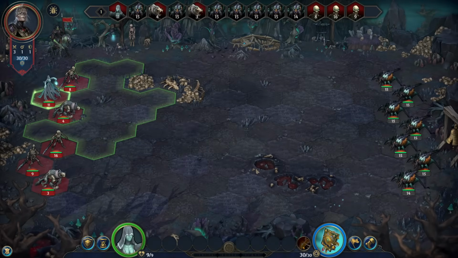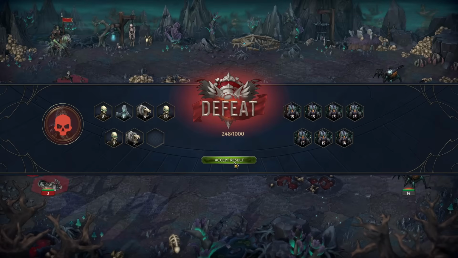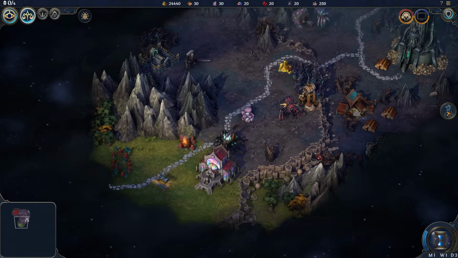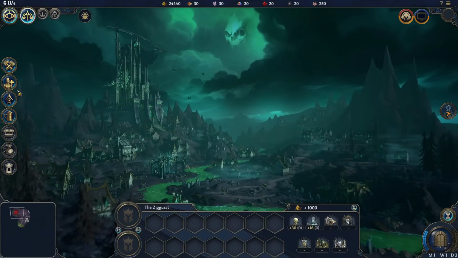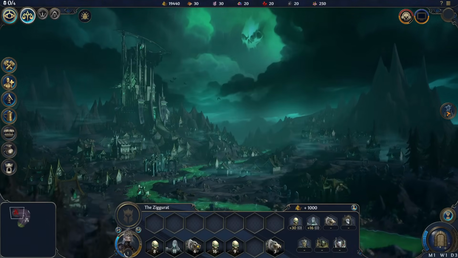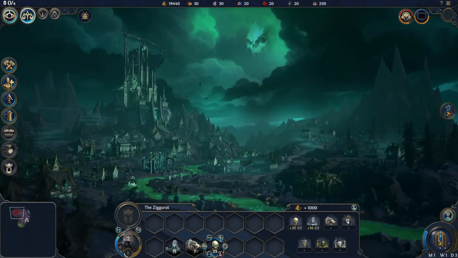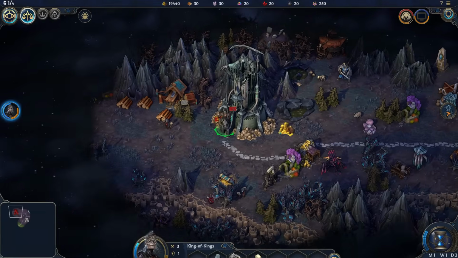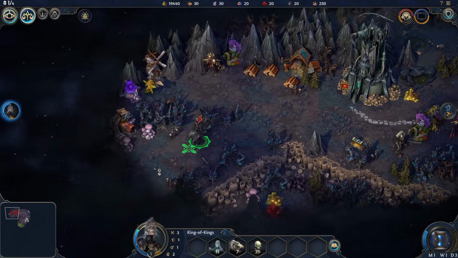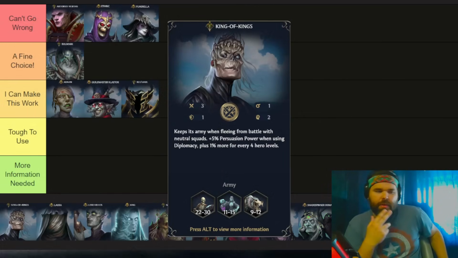have this diplomacy specialist. Now, he does have the extra ability where he will keep his army if he flees a battle from neutral squads, and what that means is that you can take a big army and fight over here, and then you can run and you can rehire King of Kings and get his entire army back at a castle all the way across the adventure map. Like, you can do some poor man's fast travel there if you don't have access to town gate yet or town portal. But